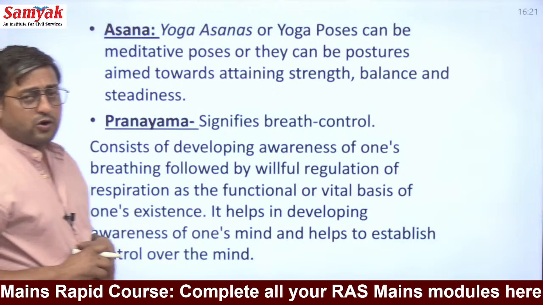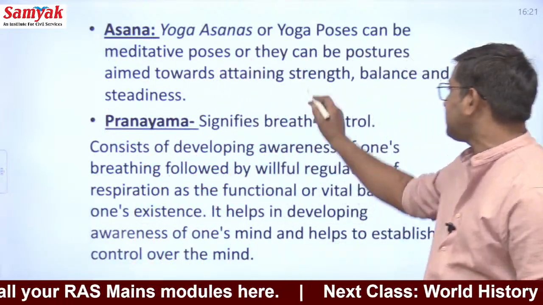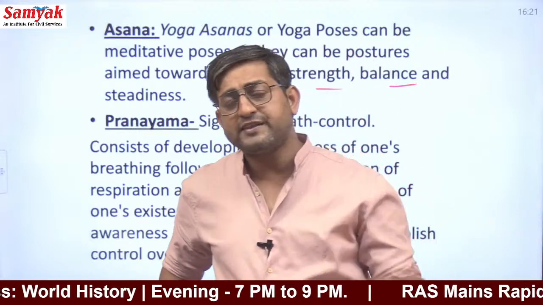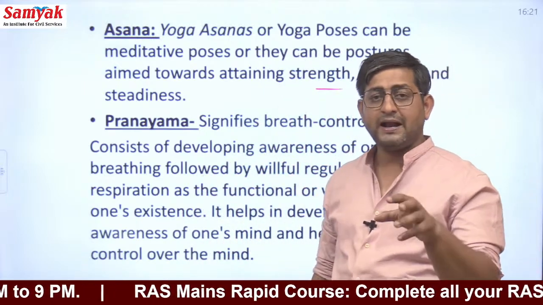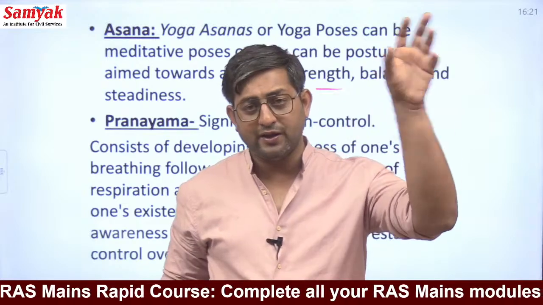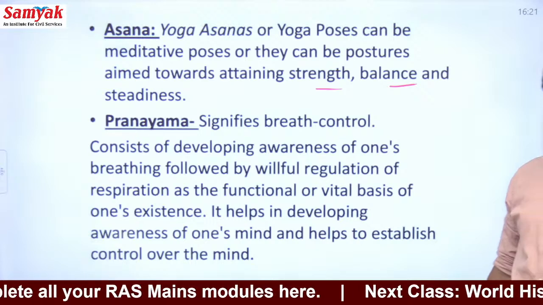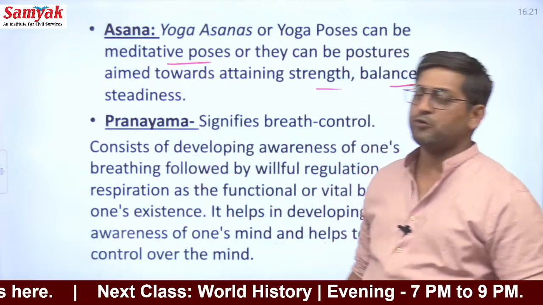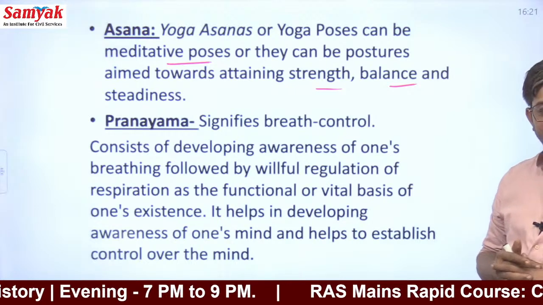आसना मीन्स कुछ आसन जो होता है, आसन का मतलब होता है कुछ योगिक पोस्चर्स जिनका बेसिक पर्पज होता है स्ट्रेंथ गेन करना, बैलेंस गेन करना और स्टडीनेस या स्टेबिलिटी गेन करना. तो asanas are yogic postures with the aim of achieving strength, balance between the mind and body, the balance between you and natural conscience, and obviously to achieve steadiness, that is the stability of the thought process. You should not have the chanchal man. So we need to perform various meditative poses, or we need to perform meditation to achieve all these things. So this is the third element of the Ashtanga yoga.